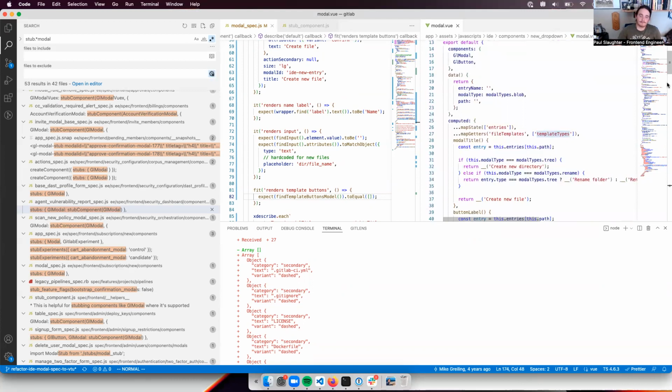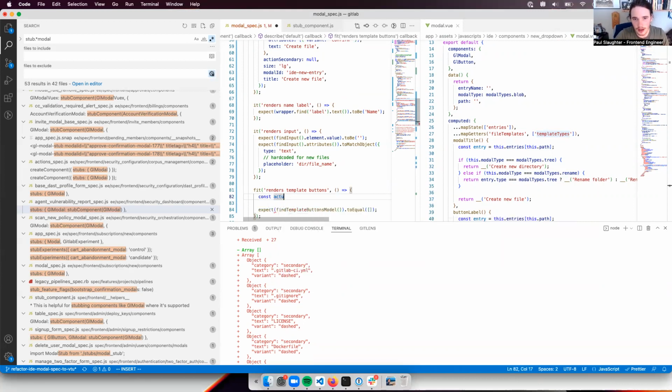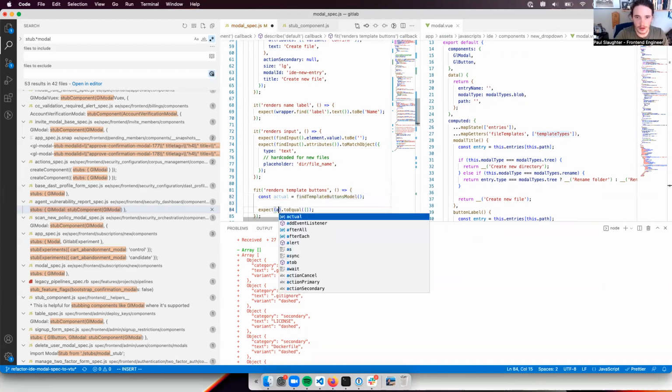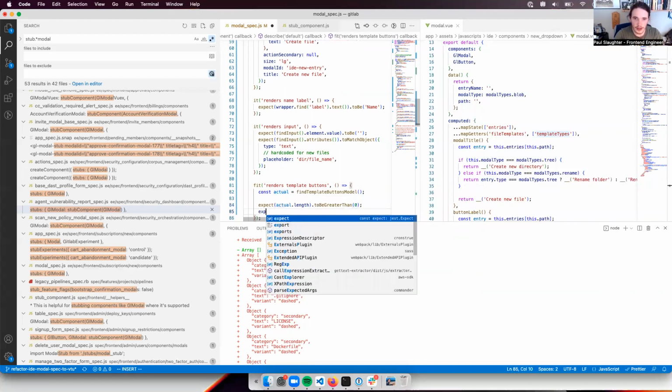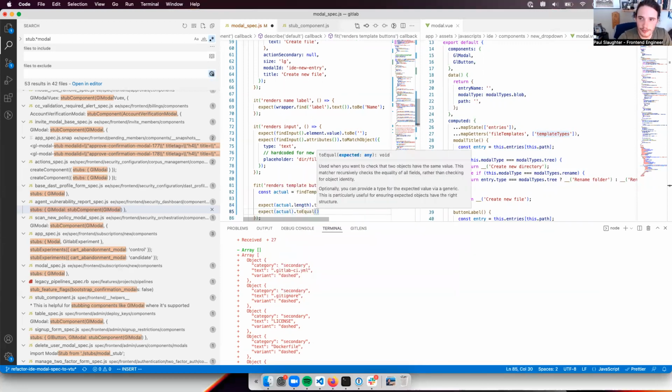So the way I'm going to do this is something like const actual equals find template buttons model. Actual, I'm going to do length to be greater than 0. And then I will expect actual to equal